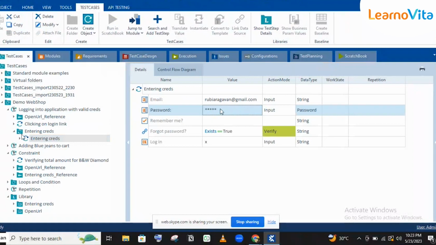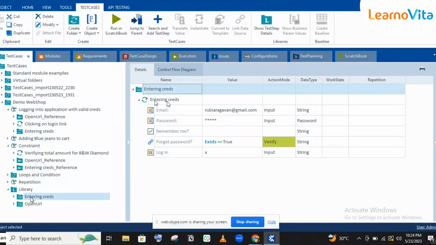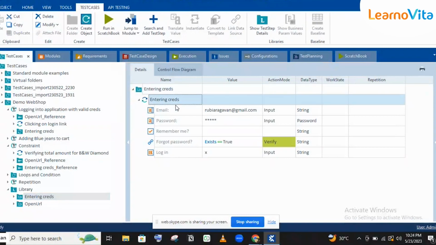So this is how we will be creating the libraries, and we will be using the reusable test step block, and we'll be resolving the reference if you want to use different values. In some places while using the library, we may need to use the entering credential test step in multiple test cases. We may need to use this test step, but give different inputs every time for email